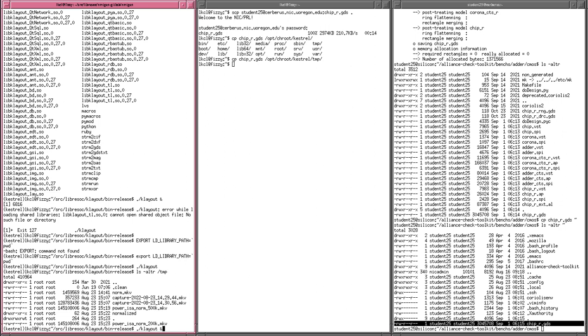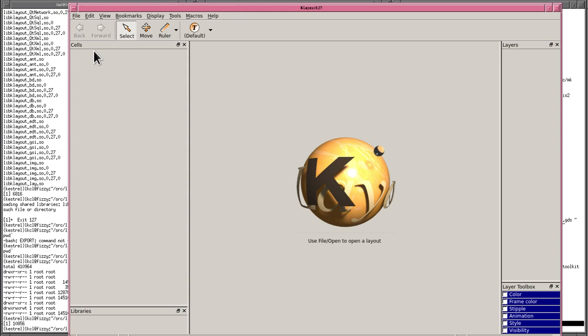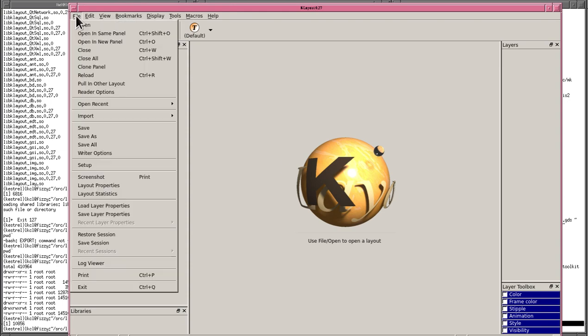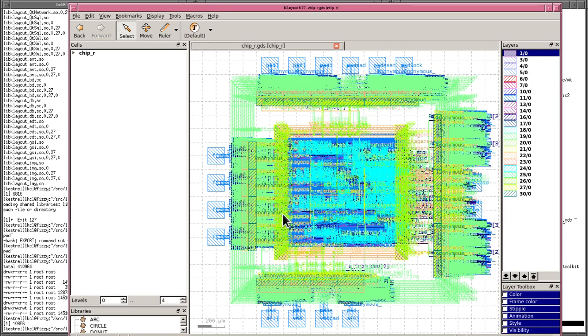/klayout. That's klayout started up here. File open, /temp chip_r.gds. Ta-da! Alright, and then you can